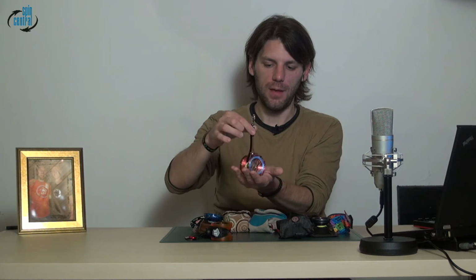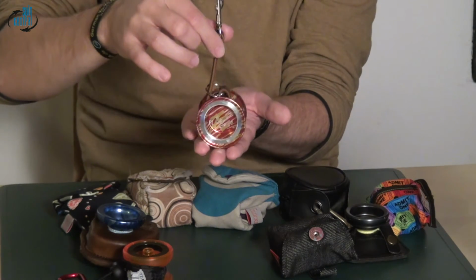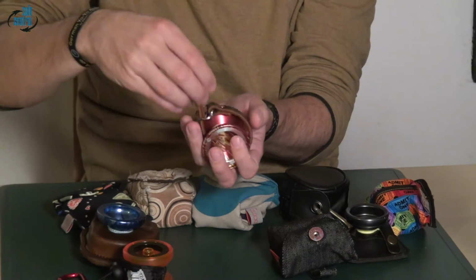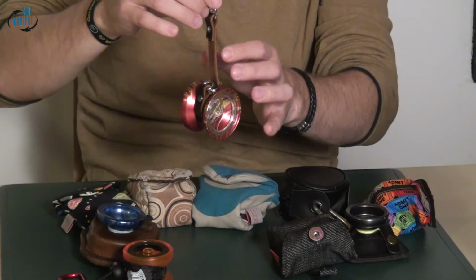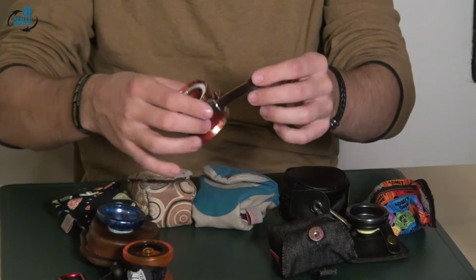And it can happen that if you sit down and let the yo-yo sit on a surface, then it gets loose quite easily and can drop out of the loop here. So there's no secure way of holding the yo-yo. As long as it dangles on, it's fine, but apart from that, all in all, I was not too impressed with that. The build quality, of course, is great, but